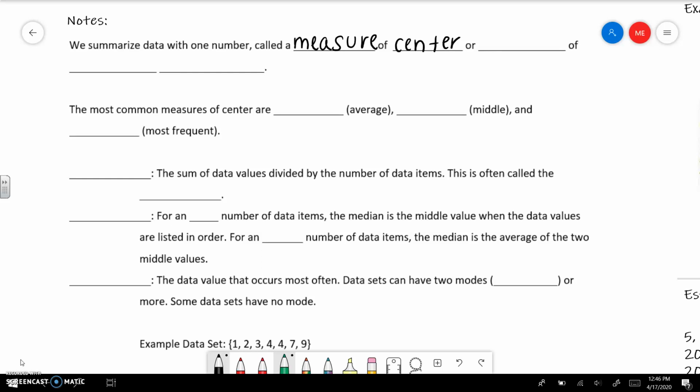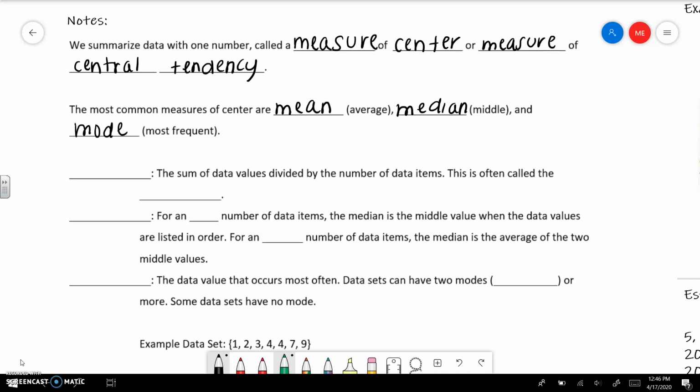This is also commonly referred to as measure of central tendency. The most common measures of center are your mean, median, and mode. Mean meaning your average, median meaning the middle value, and mode meaning the most frequent. So to go ahead and define these briefly,